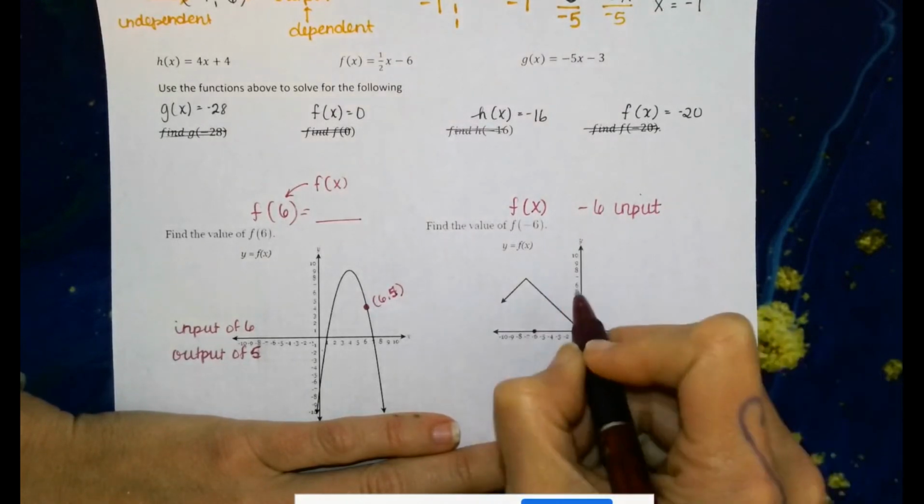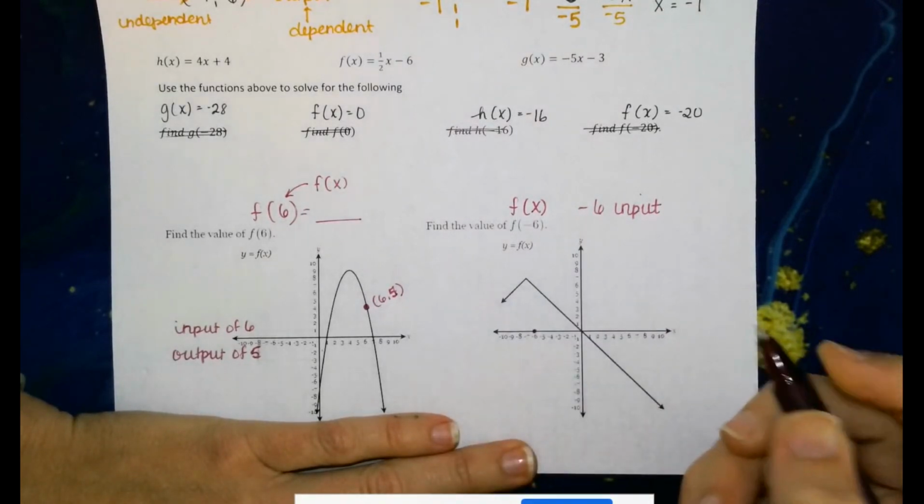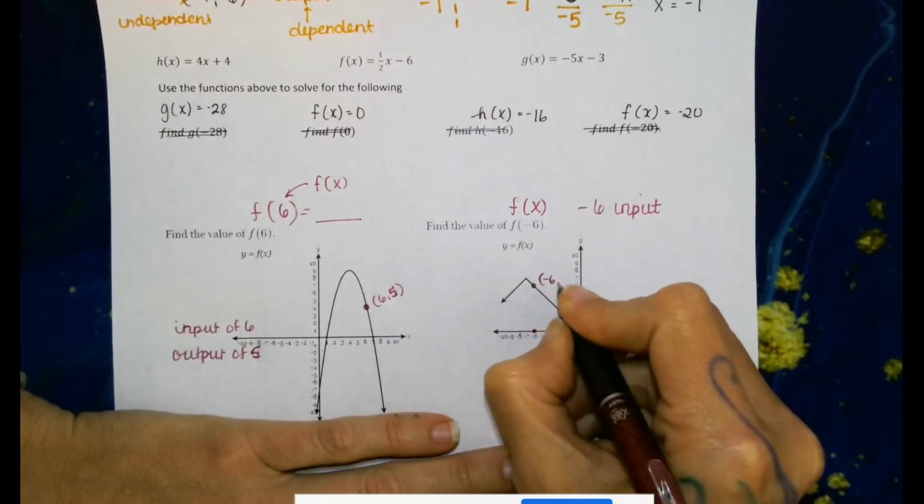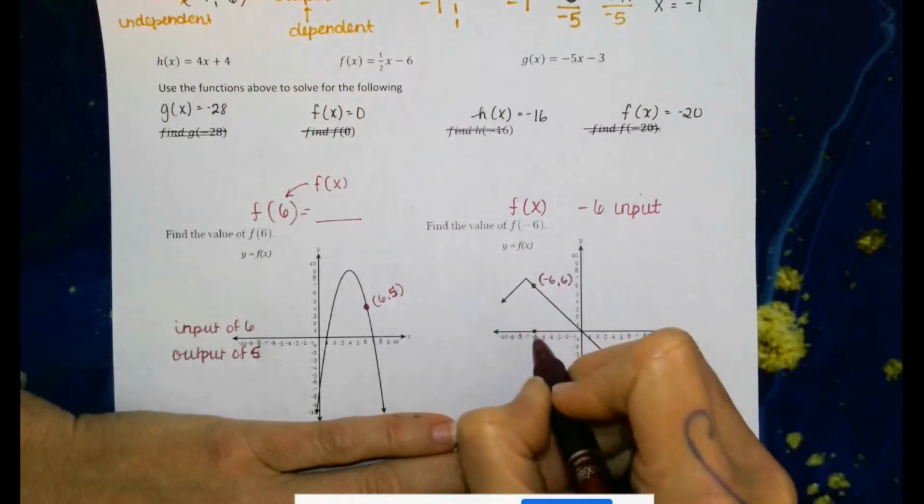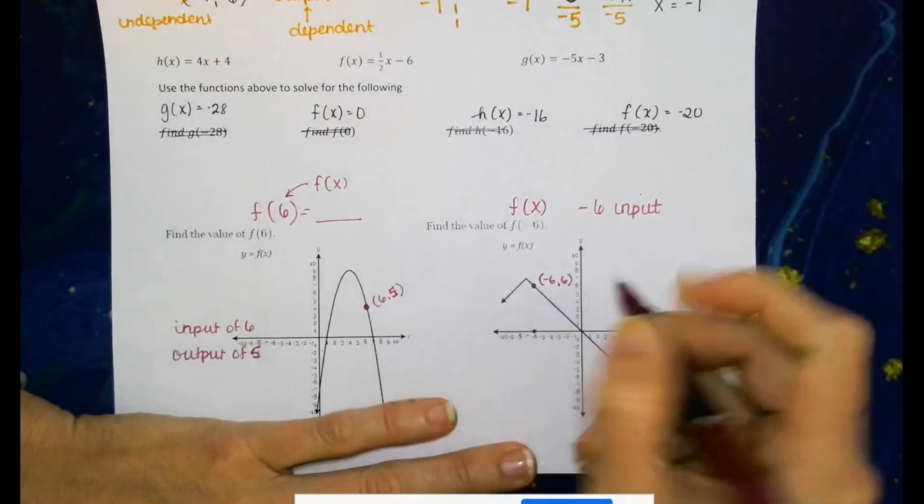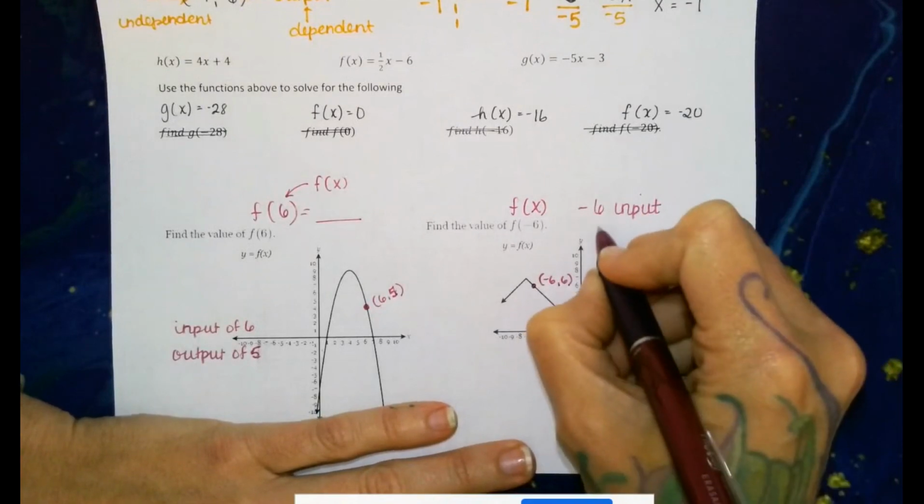Looks like a positive 6. Oh man, these are terrible. So x values, this is x, so we're going on our x, and then we go find the function and see what our output is. So input of negative 6, output